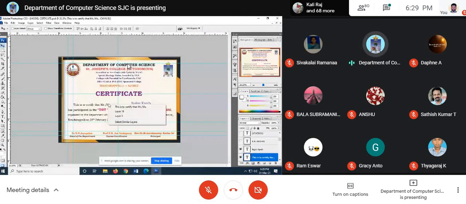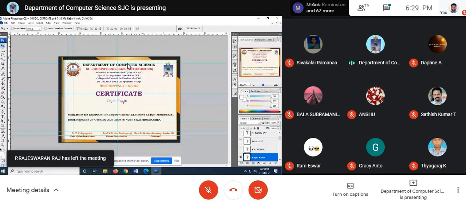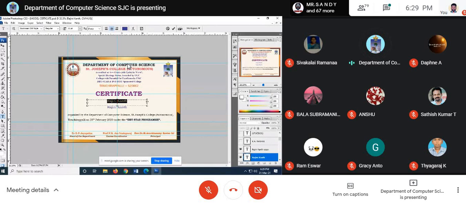Right. I'm removing the text, this one. Okay. Yeah, I just want to keep it here. 1 variable here. Another variable here. Right. For example, this is name, or full name. I make it as full name. See, there should not be a gap. And now here itself, you will have to define the color. Whatever color that you have given, the same color will be printed. Am I clear to you?